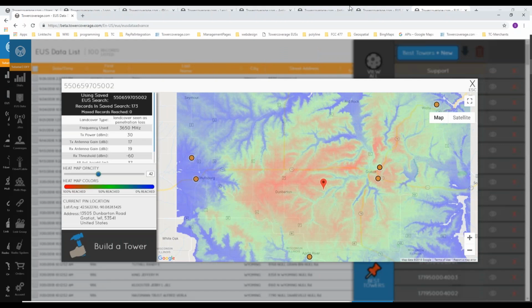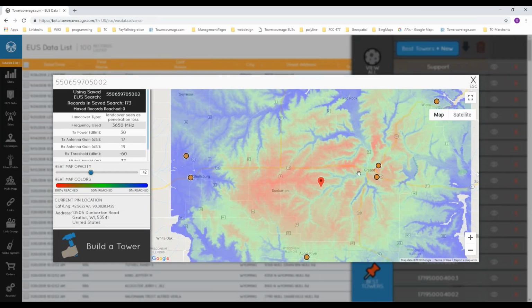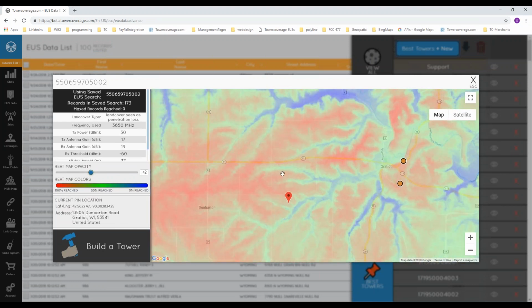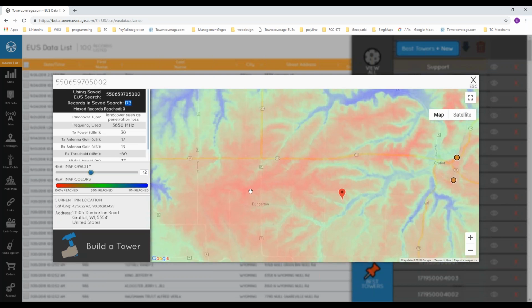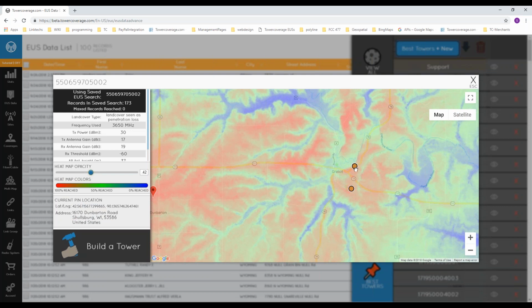Here we go. So we have an example as well of one of those best tower results. So basically what this one here was, 173 submissions were submitted into the best tower location. And as it opens up here, you can see these little orange dots are appearing as well. And we have the heat map with the cooler and the warmer colors. So if you're actually wanting to build a tower, you could go in here and find where the warmest area is. And you can click on that area, and it's actually going to give you what the address at that location is, the latitude and longitude. Or if you're not actually wanting to build a tower, you can just find one of the already registered towers that's in a hotspot,